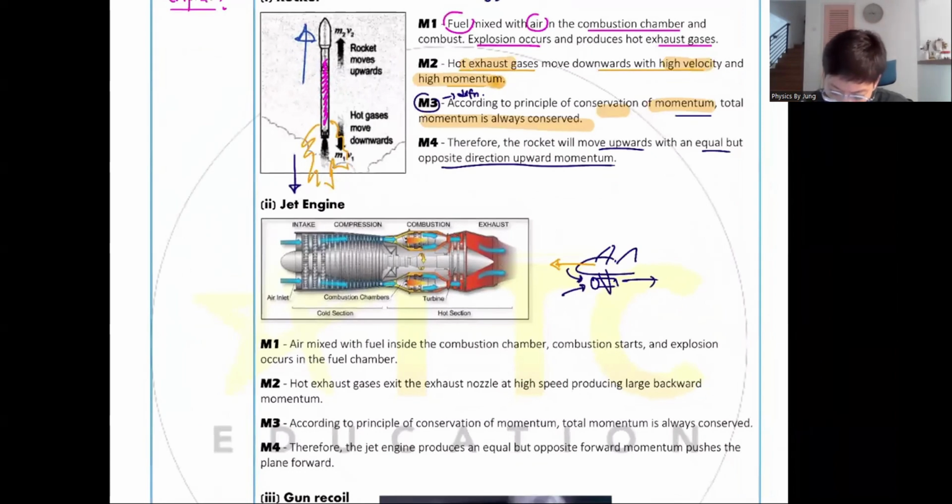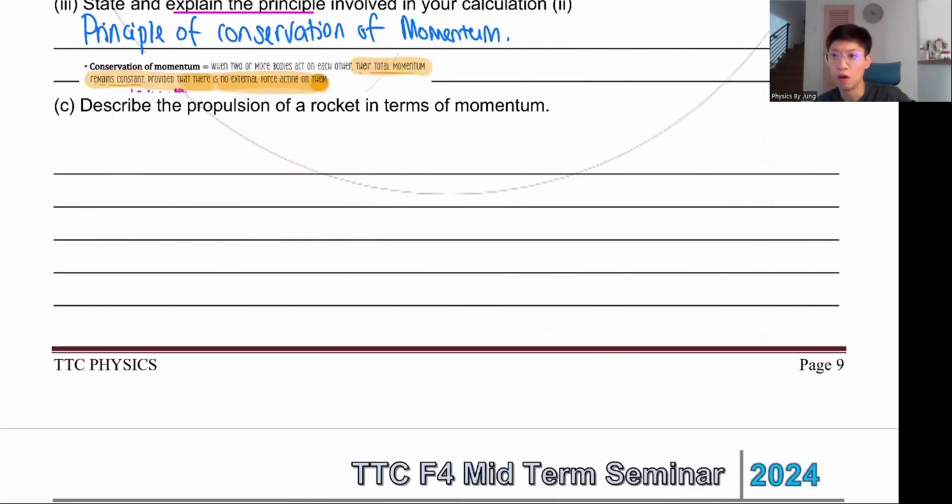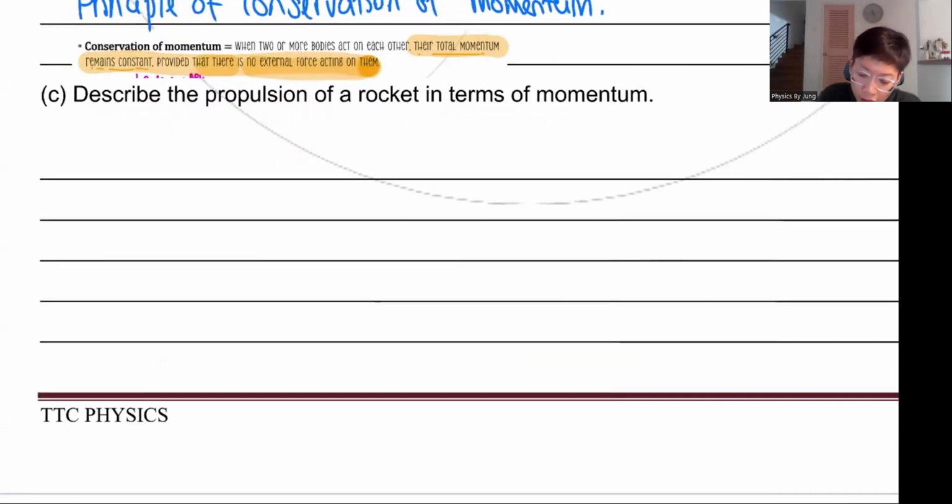Now we go back to page 9. Without looking at the front page, I'm going to give you a bit of an essay outline. We have M1, M2, M3 and M4. Can you tell me what are the most important things in M1? The first one, M1, what do we have to say? I want to test whether your brain can retain those words or not.